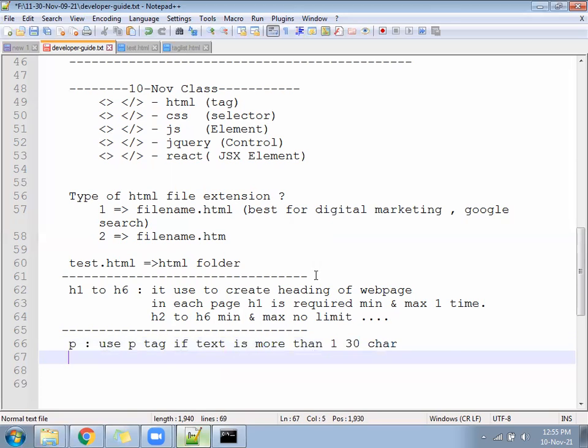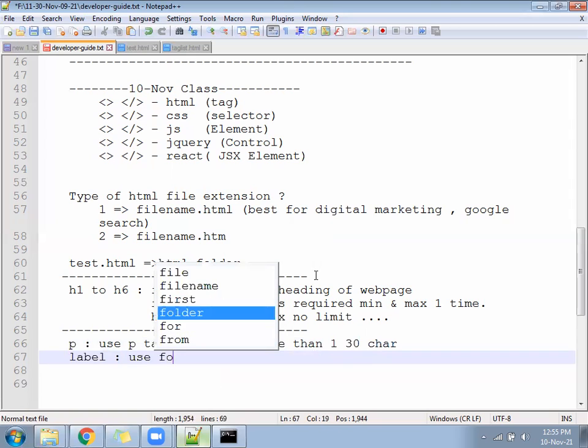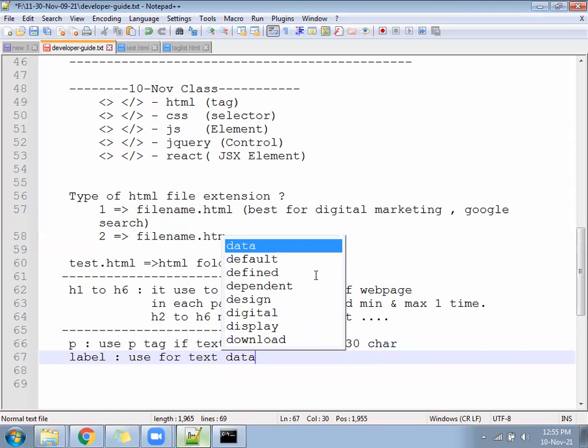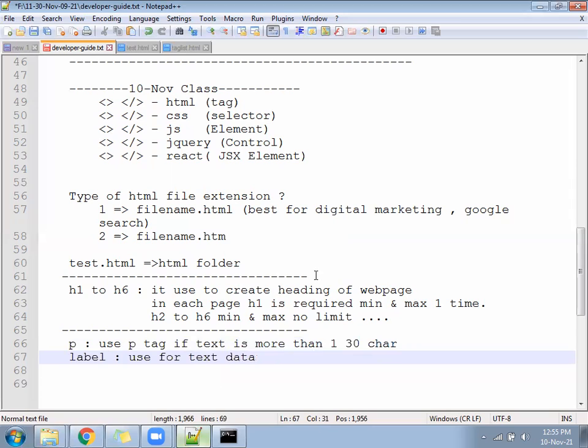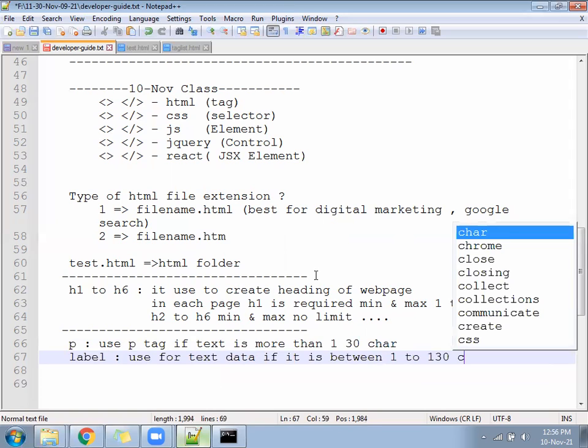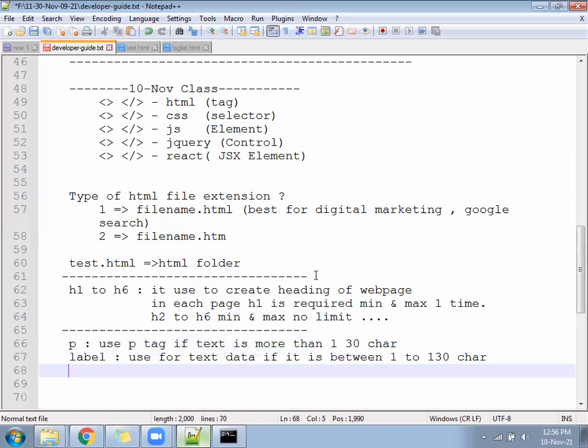And the label tag is used for text data if it is between 1 to 130 characters.